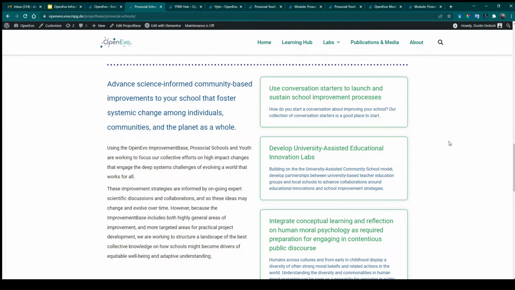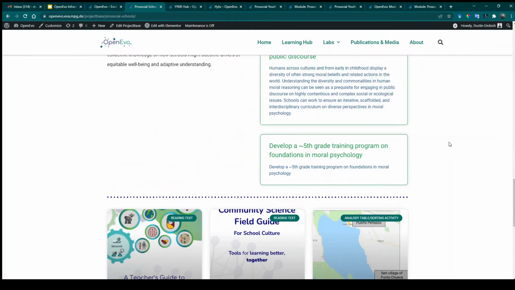And so in this way, we can be building up the ecosystem across projects. A given improvement aim might be relevant for pro-social, for donut economics, for our evolution education work, and it doesn't need to be in one or the other databases, but can actually reside across these different project homes.